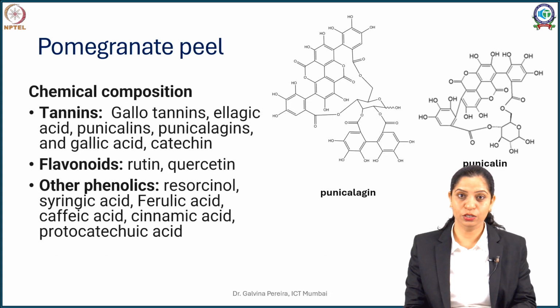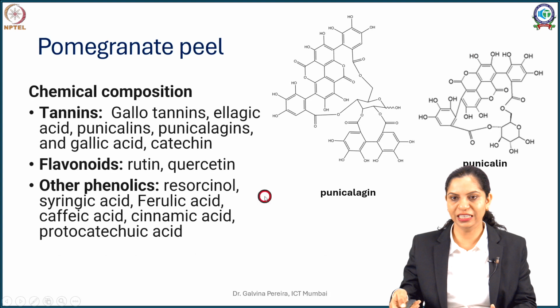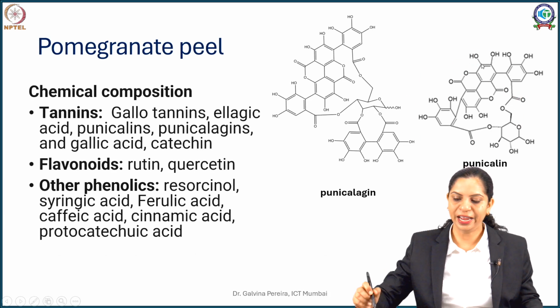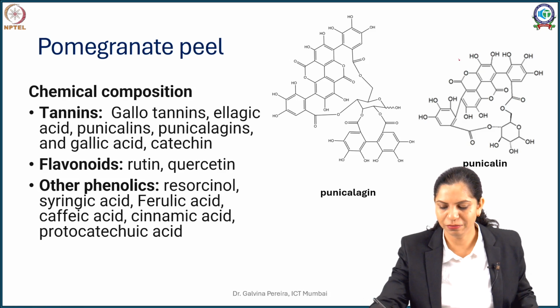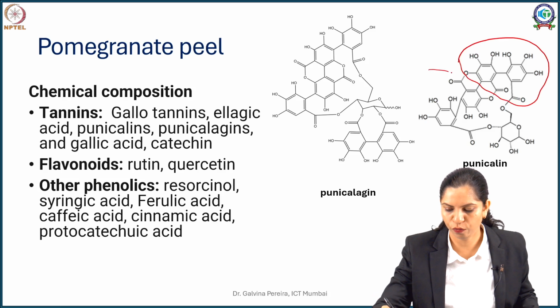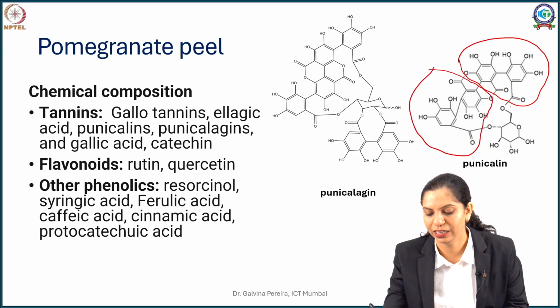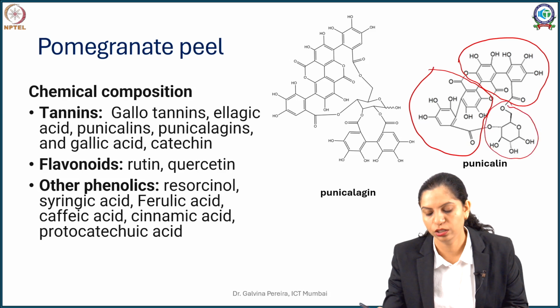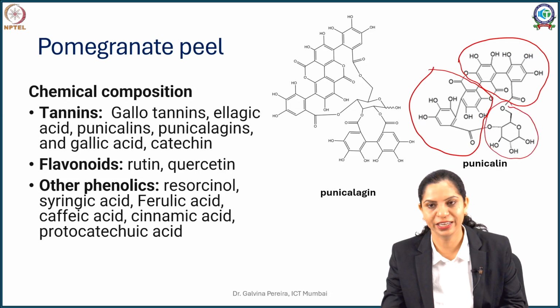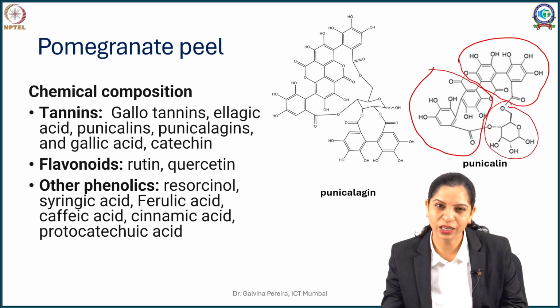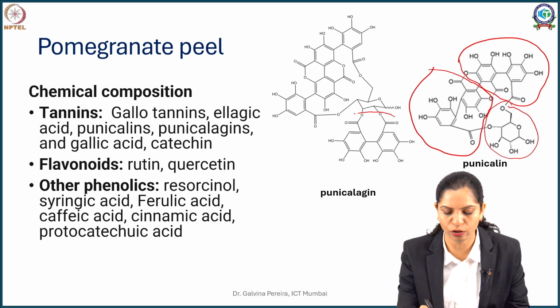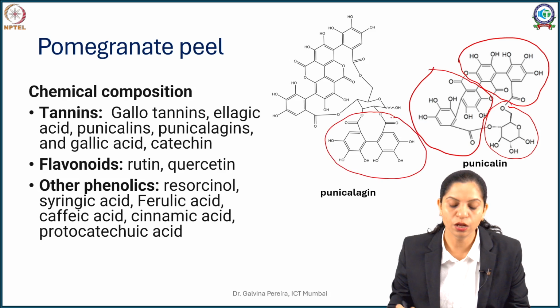So it contains 2 important tannin derivatives. What you can see here is punicallin. Now punicallin is a dimer. Now just carefully see, I am kind of dissecting this, but you can see 2 molecules of hexahydroxy diphenic acid. So these 2 molecules of hexahydroxy diphenic acid form ester linkage with a sugar moiety to give you punicallin. Now this punicallin further adds 1 more molecule of hexahydroxy diphenic acid to give you a punicalagin.